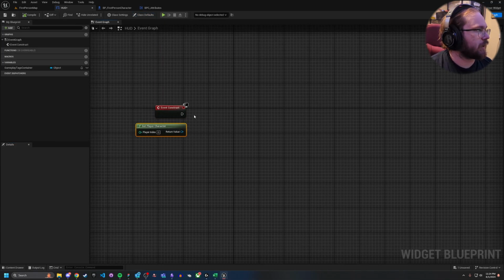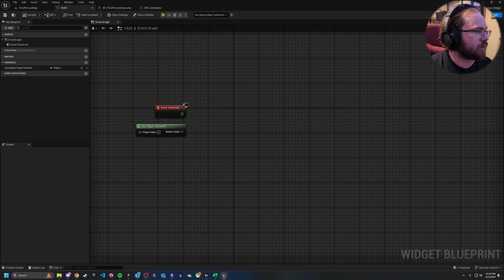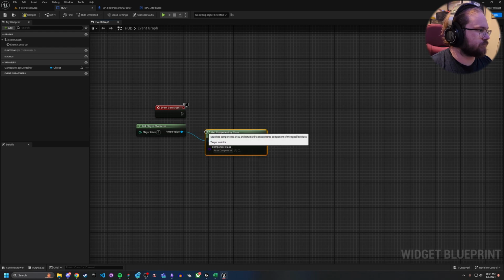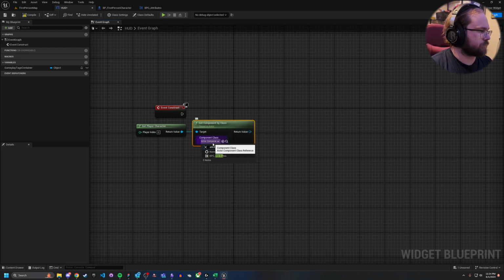This is because the player character I am using here is a type character. If you're using a pawn, you'll want to make sure that you do get player pawn, or wherever you're actually housing that component. So let's go ahead and get component by class, and we'll get our attribute component